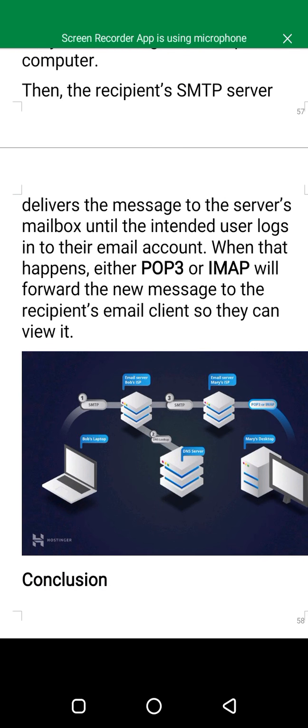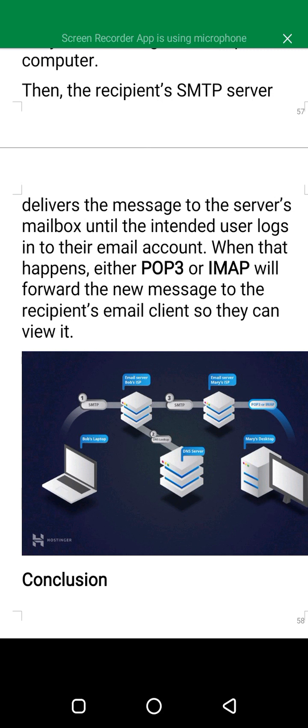Then the recipient's SMTP server delivers the message to the server's mailbox until the intended user logs into their email account.